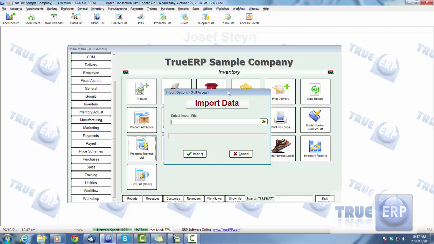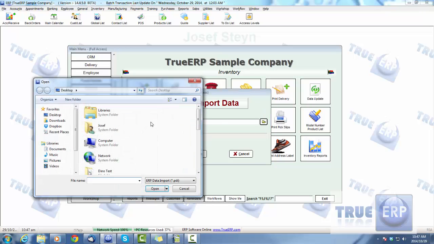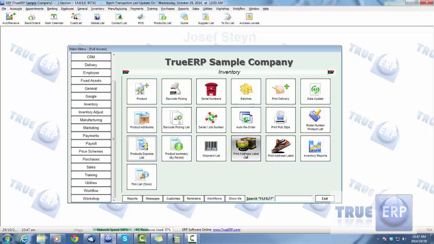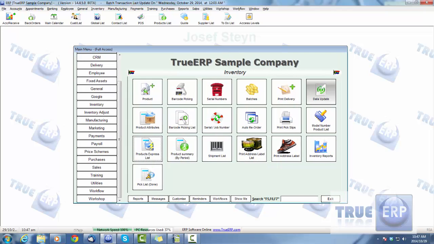Say yes, and we're going to choose the file wherever it may be that we saved it to, select that file, and we'll import that in via this step here. So that's an easy way of importing your bins. Now that we've set up our bins, we can also look at